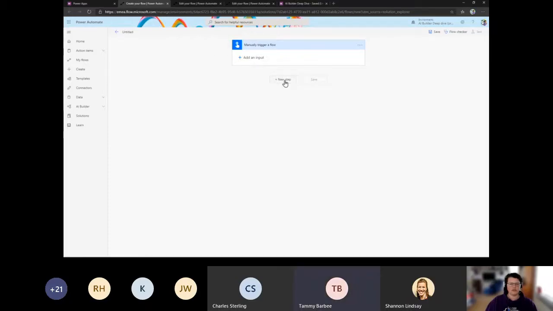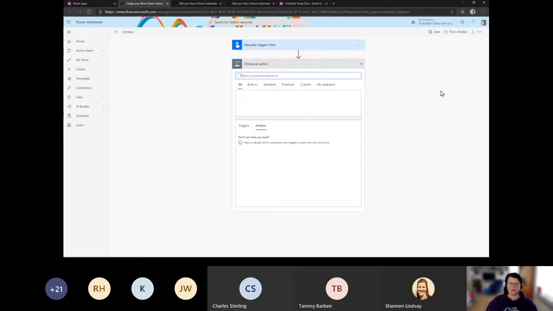That's what I saw. Yes. Because I used the child flow option, you can run a child flow only if there's some kind of manual trigger. In this case, it was to manually trigger a flow.